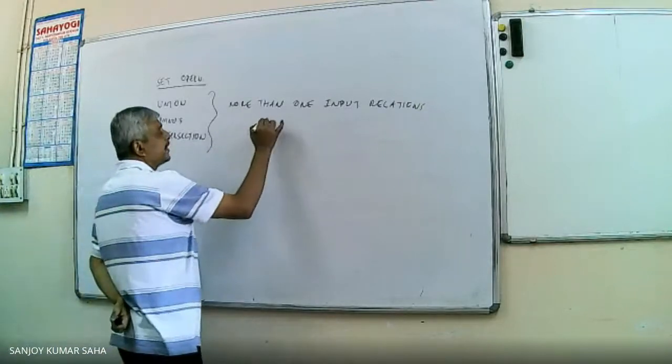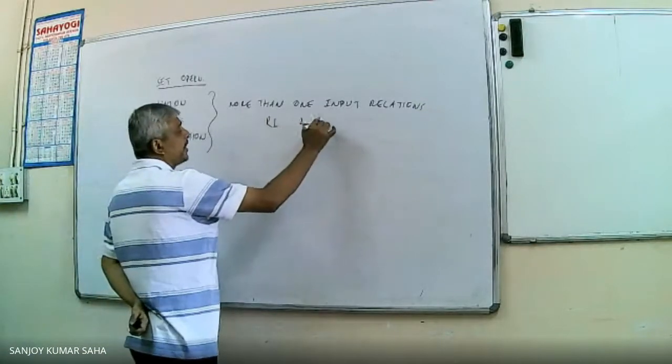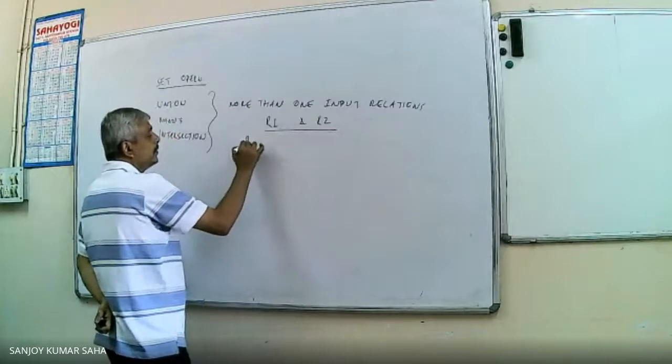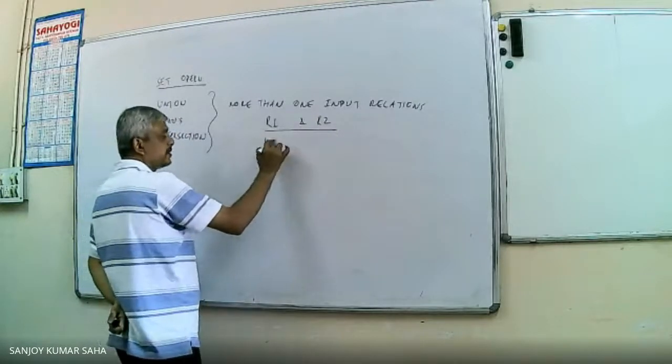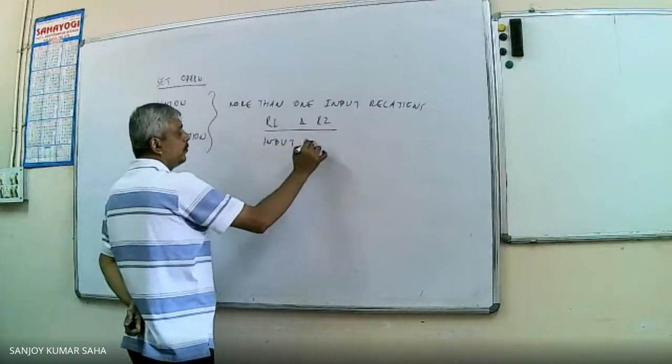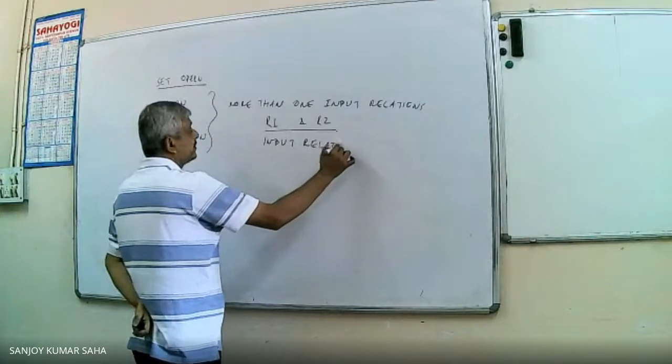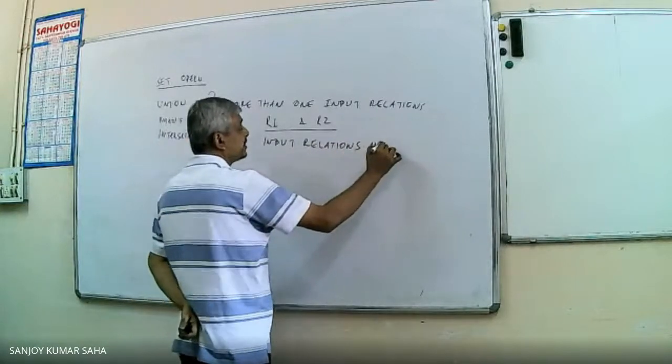Say if I carry out a set operation on two relations R1 and R2, whatever may be the set operations, the input relations